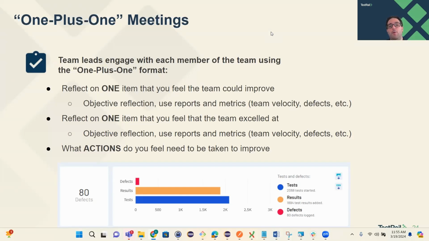And then the last thing is really what actions we feel we need to take to improve. The example I just mentioned: we're doing a lot of local testing instead of milestone promotion, and environment configuration locally doesn't match what our environments really are, and we're having a lot of misses. That could be something to take away. So having these meetings is a great way to do continuous improvement, and I've done these for a long time. It's a great mechanism if you're not doing them now.